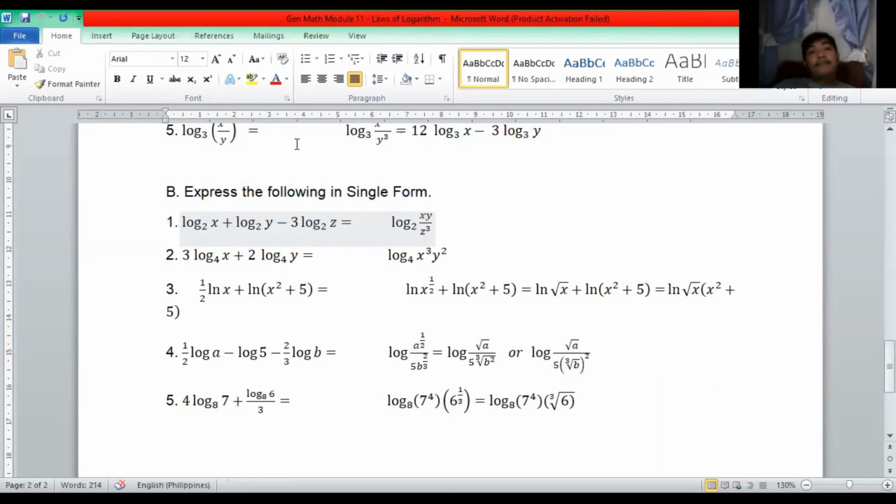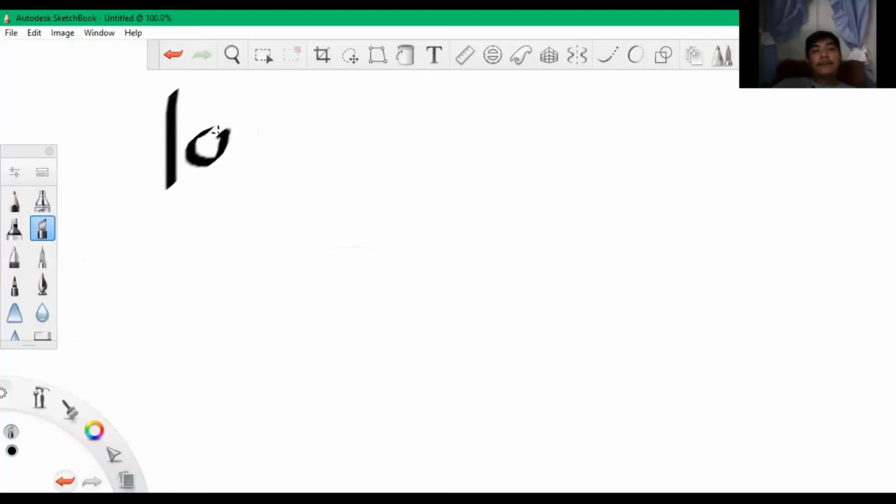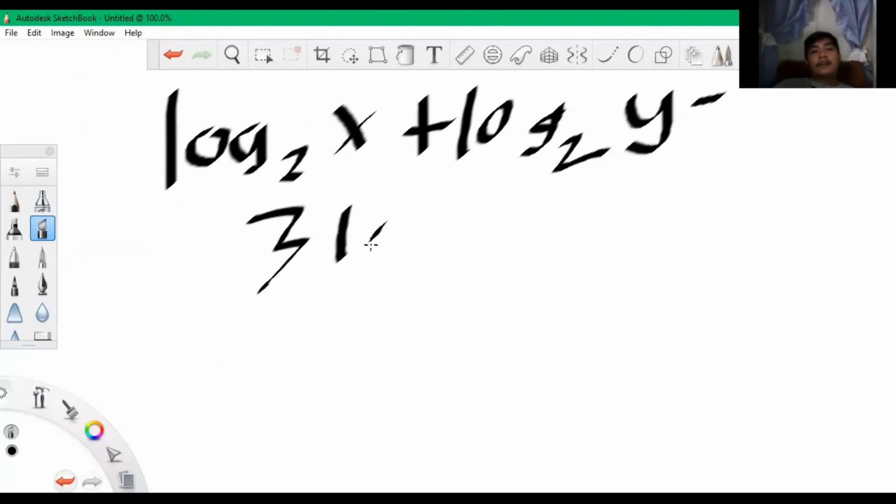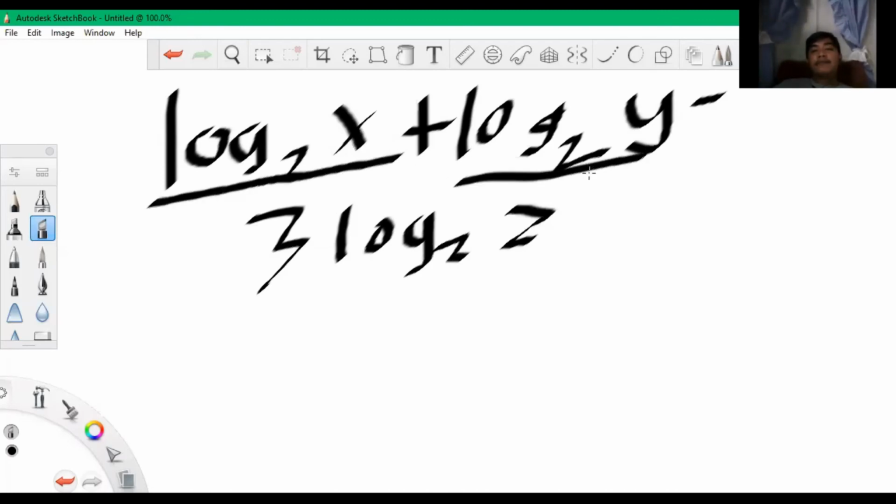So, we have 3 logarithms in this example. We have the logarithm of x to the base 2 plus the logarithm of y to the base 2 minus 3 times the logarithm of z to the base 2. And as you can see, how many logarithms do we have? We have 3 logarithms with the same base, which is 2. So we can